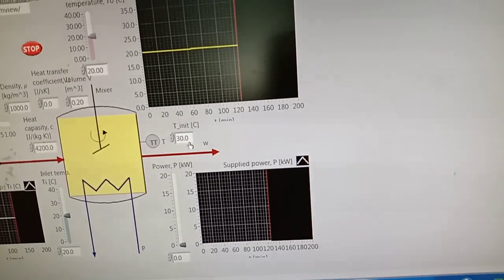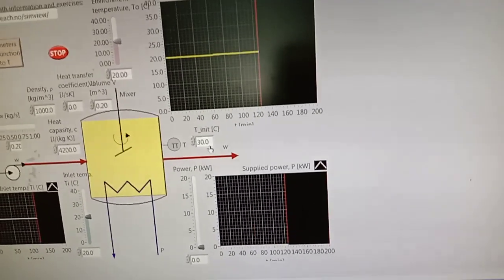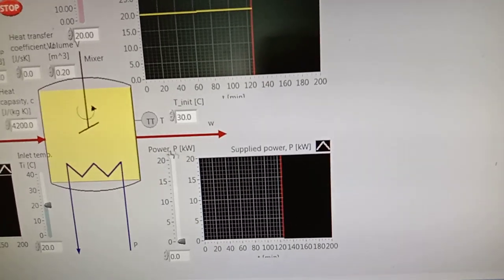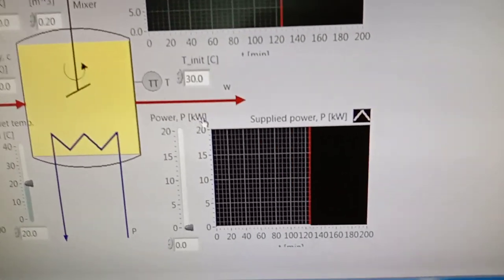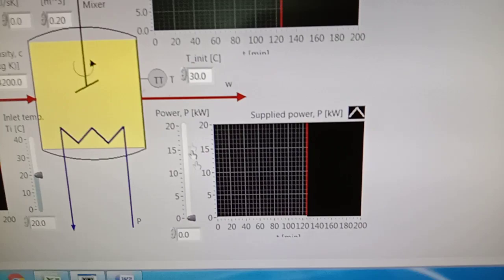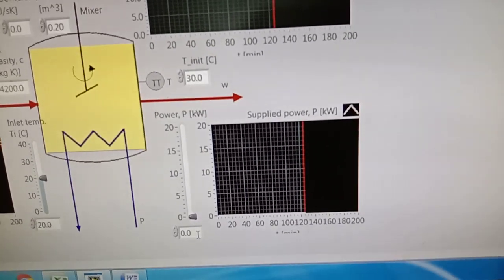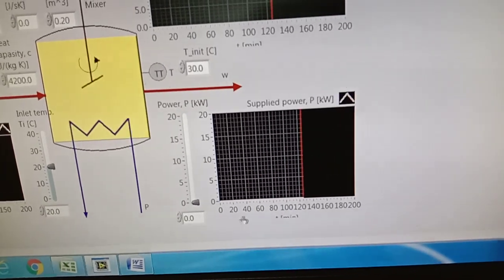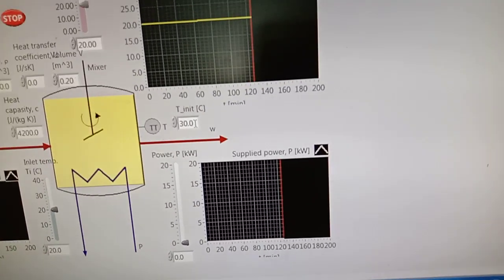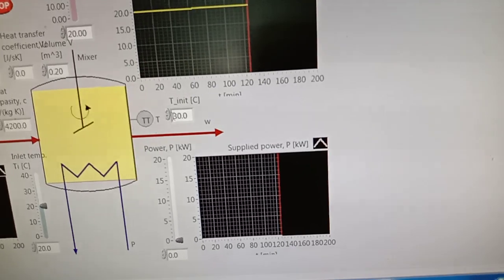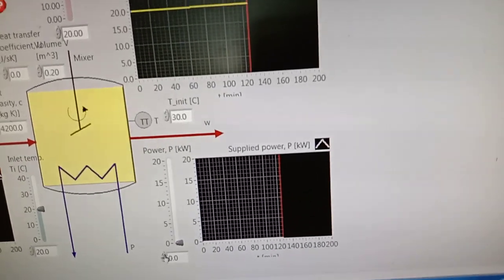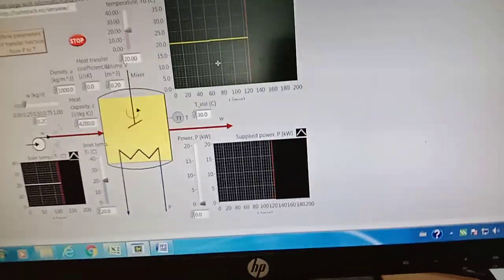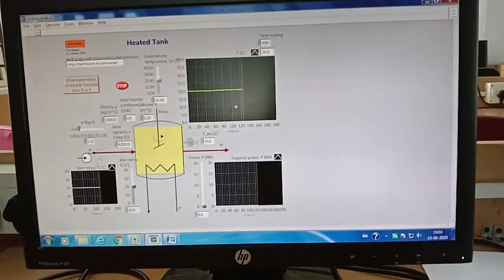So actually we want 30 degrees Celsius. For that, what is the source? See this source, you are giving the power in kilowatts, that is your heating source. What happens if the power in the heating source increases, and we require the temperature of 30 degrees Celsius, but without control systems? How is our temperature goal achieved? That is what we have to concentrate on here.